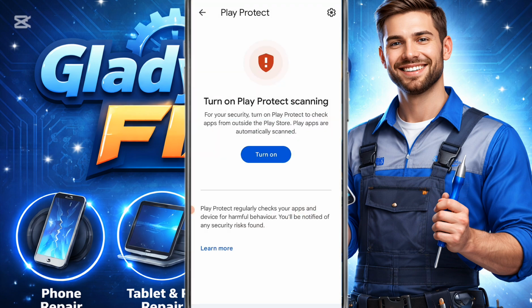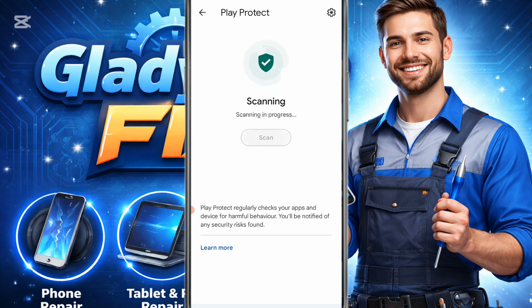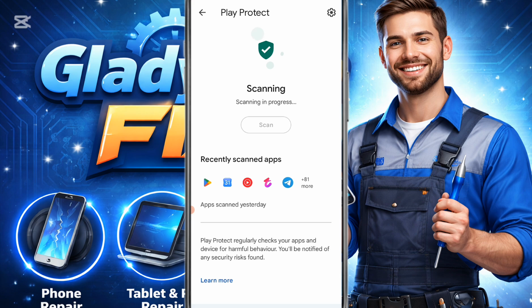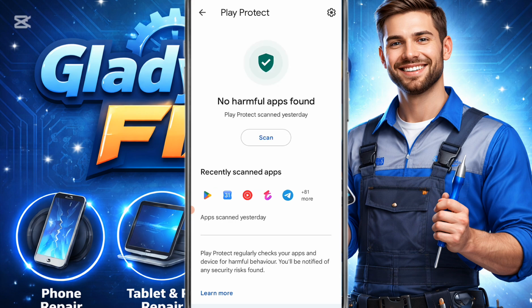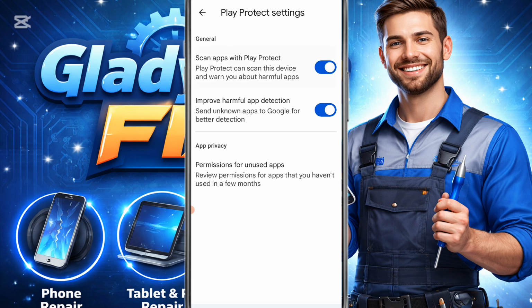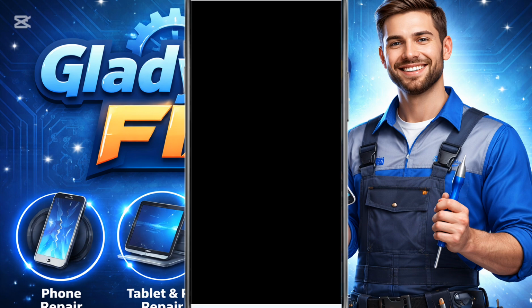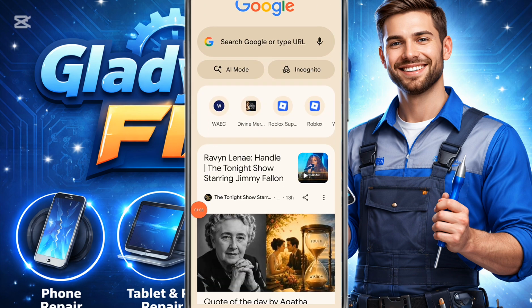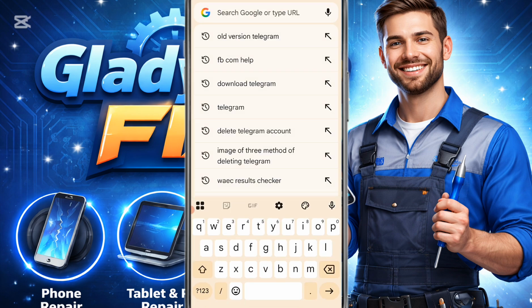So make sure you turn off your Play Protect. So if your Play Protect is being turned on this way, you just have to click on the gear icon here and turn it off. That is it. Next step you can take is to go to your Chrome browser, type in old version of